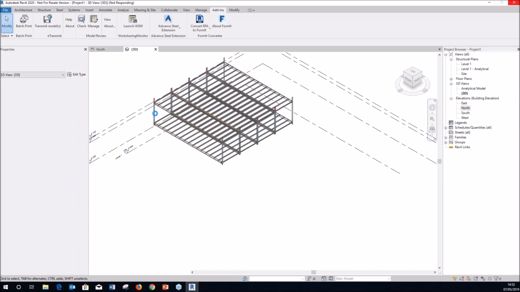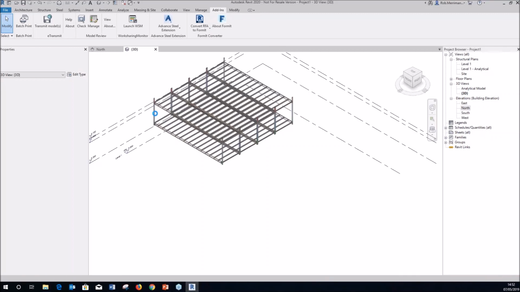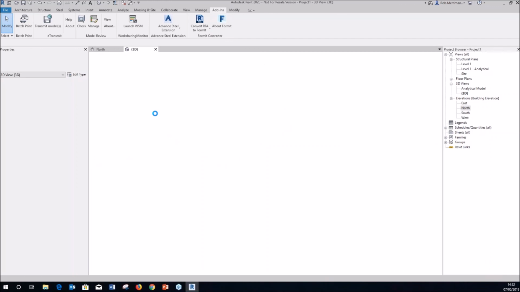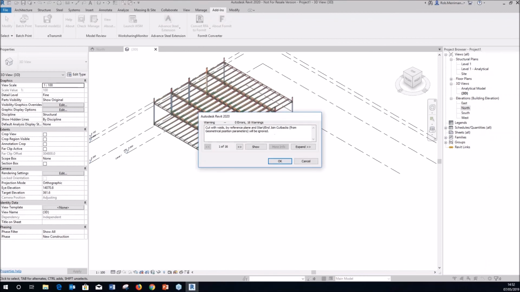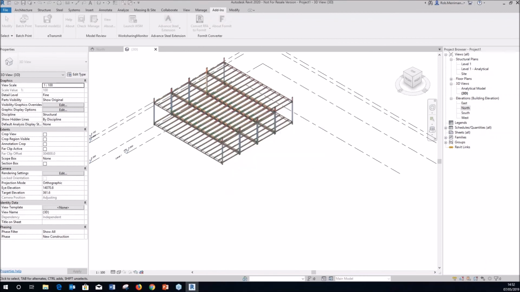So that takes us to the end of today's webinar. If it's going to finish putting the connections on in the next minute or so, I'll just zoom in and show you the bolts and everything and show you that it's all bolted together. If anyone does have any questions, now would be the time to ask them in the connection panel. So if we have a look in here, we can go to,